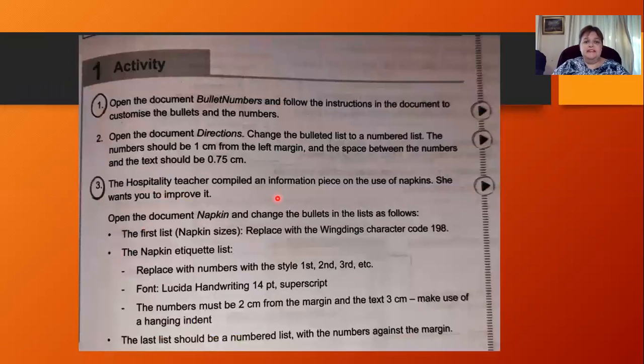Number 3, the hospitality teacher compiled an information piece on the use of napkins. She wants you to improve it. So you're going to open the document napkin, and you're going to change the bullets in the list as follows. Replace the current bullet with Wingdings character code 198. Then in the napkin etiquette list, you're going to change those bullets to 1st, 2nd, and 3rd. You're also going to set the font to Lucida Handwriting with a size of 14